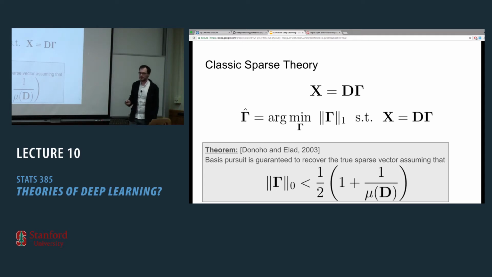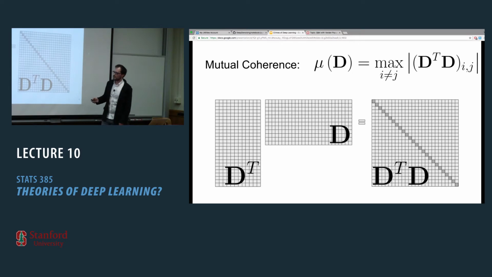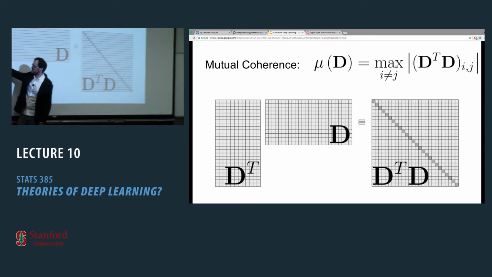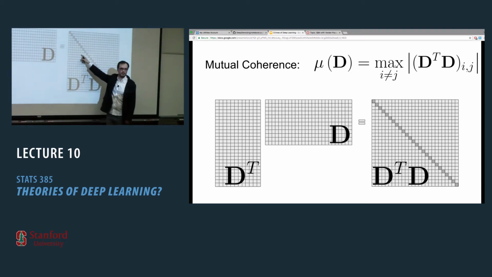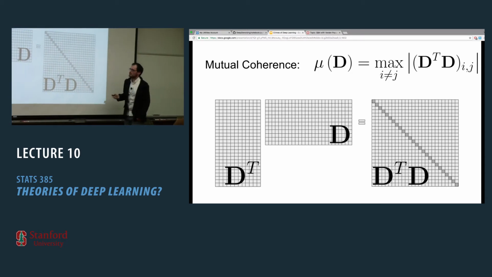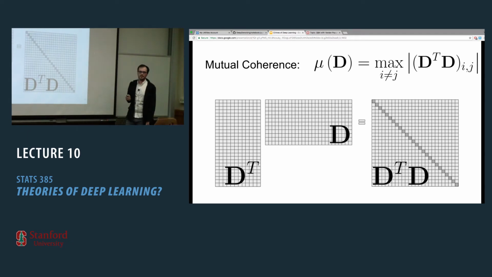What is the mutual coherence of the dictionary? To compute it, you take the dictionary and multiply D transpose times D. This computes the correlation between every 2 atoms in the dictionary. You pick a certain atom here, you multiply by a certain atom here, and you obtain a certain value. The mutual coherence is defined to be the maximal inner product of 2 different atoms in absolute value. So it's the maximal entry which is not on the main diagonal. And we assume that the filters are all normalized.